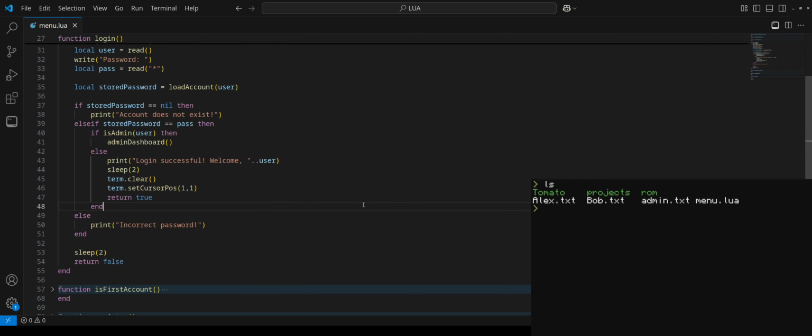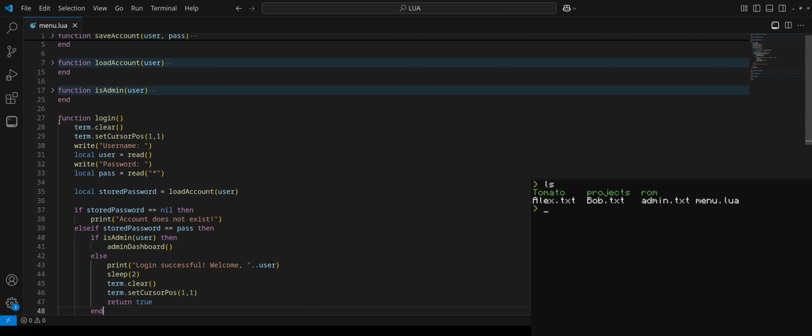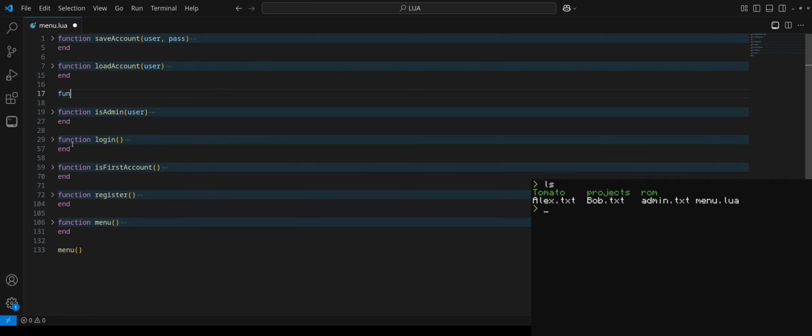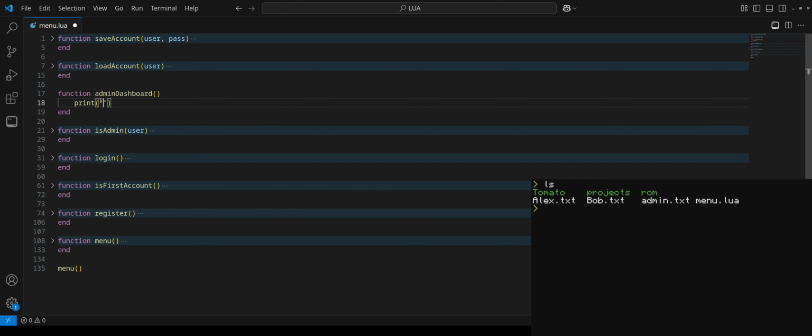All right, that should be good. We need to, of course, create our admin dashboard. Let's do that right up here. Function adminDashboard. Let's just put that here